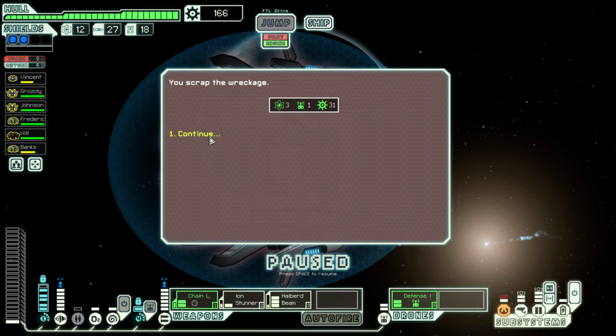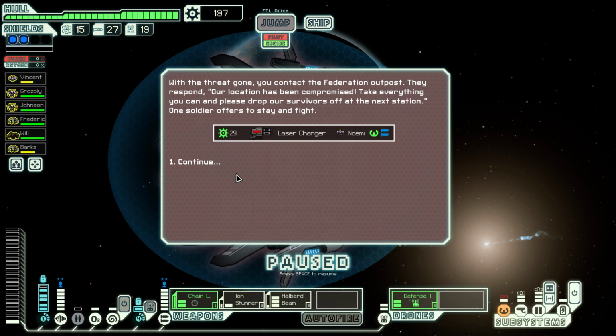We scrapped the wreckage for 3 fuel, a drone part, and 31 scrap. Oh. Oh, baby. We get...